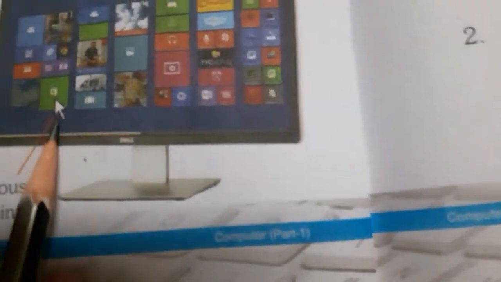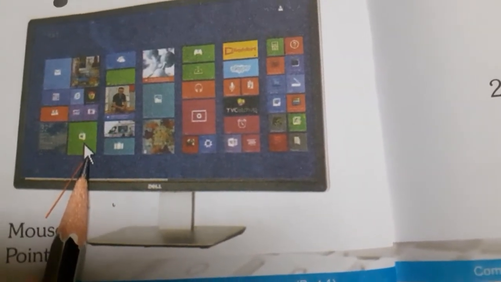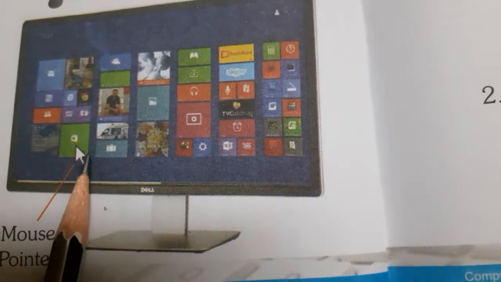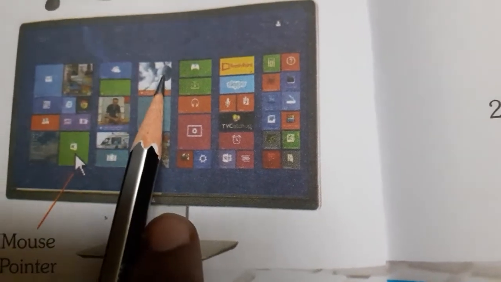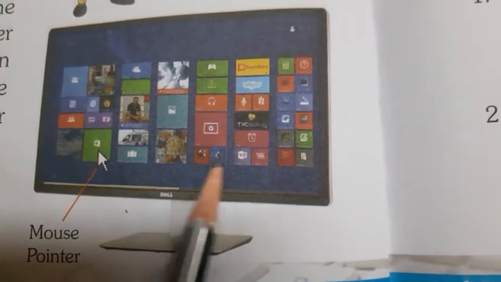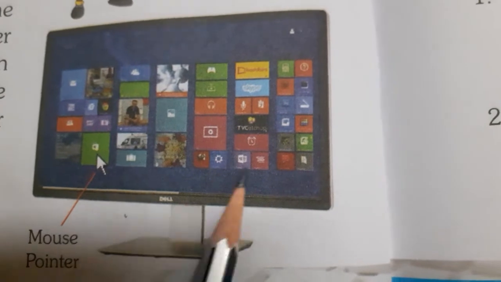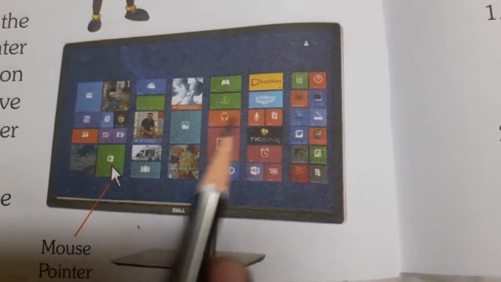We will point by using this mouse pointer. If you move the mouse right side, this mouse pointer comes here and points at this picture. Like that we point at which picture we want by using the mouse. If you move the mouse, this mouse pointer also moves on the monitor.